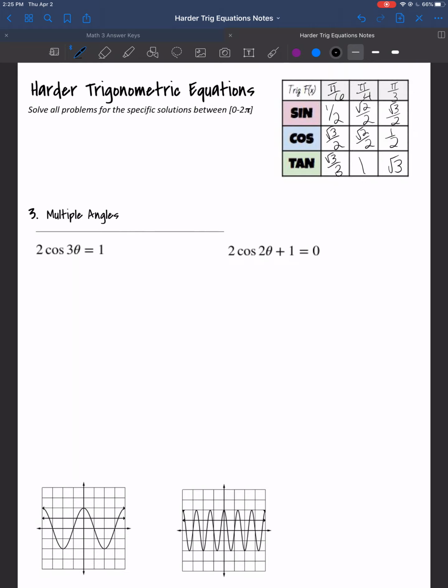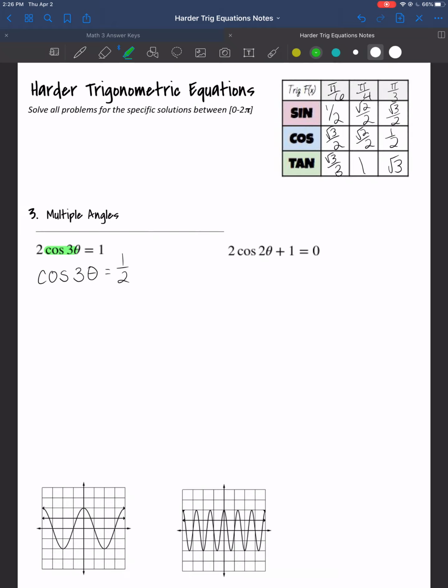Alright, so multiple angles. I put two little diagrams down here at the bottom just to help you understand how this works graphically. The first thing you're going to do with your multiple angle problems is solve for the trig function. So cosine 3 theta equals a half. So you think back to how we did this with the other note sheet. I can think about where the graph of cosine intersects with a half,